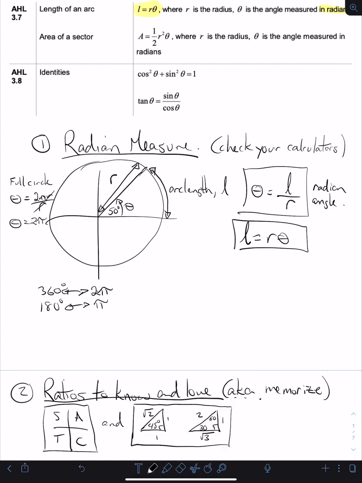So if ever you want to convert, the way you can set it up is like this. You can do a little ratio. So this is the same as your radian measure divided by your degrees. And you can do that conversion. Or vice versa, you can flip it, it doesn't matter. Okay? So you can do this, although that's not a formula in your formula booklet, you need to be able